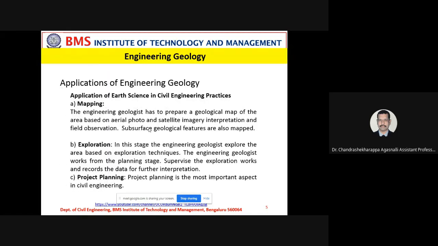What are the applications in geology? The first part is mapping. That's the first application in earth science. The engineering geologist, generally the geologist, has to prepare the geological map by doing a survey in the